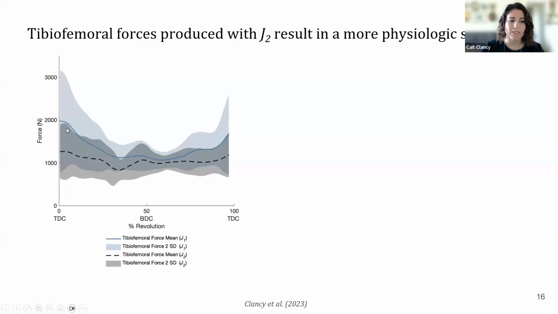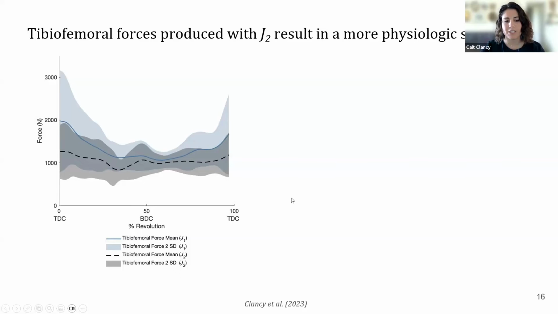When we go from J1 to J2, we see our average peak tibiofemoral force drop from about 2,000 newtons to about 1,200 newtons. And this much more closely matches in vivo instrumented joint data found in literature. Similarly, when we look around bottom dead center, we see that the tibiofemoral force produced with J2, our alternative objective function, has a more distinct second peak right around bottom dead center, once again agreeing more closely with the